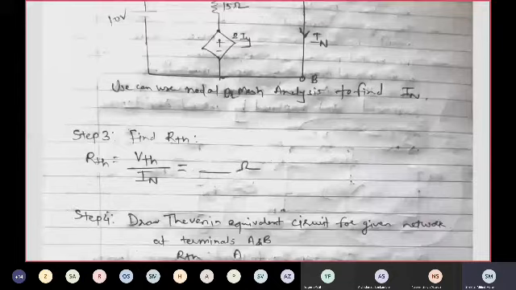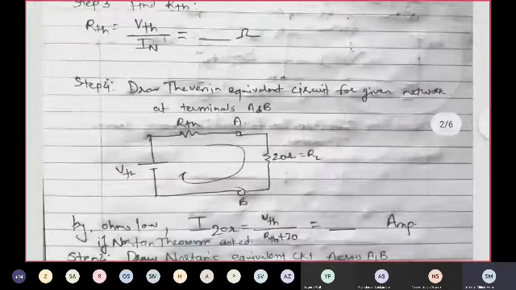So here, because of the dependent sources, we have to follow this procedure. Step 1, find VTH. Step 2, find IN. And step 3, RTH. Then you can draw the Thevenin's equivalent circuit for the given terminals A and B. So this is VTH and this is RTH, means you replace the circuit between points A and B, and then you connect your load resistor RL. So by Ohm's law, in this diagram, you can find the current flowing through the load, that is the 20 ohm, VTH upon RTH plus 20. So this is a Thevenin's equivalent circuit.